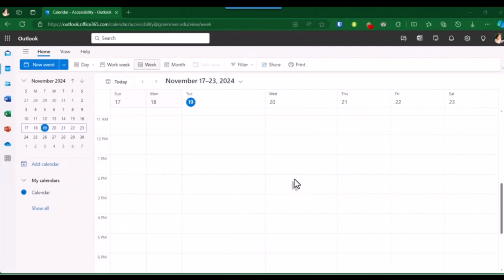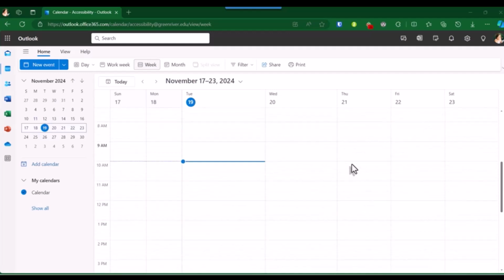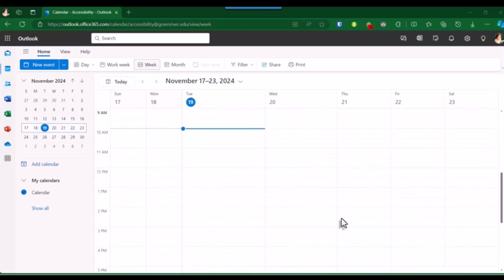It is important for everyone to have their calendar availability updated so that others at the college can schedule meetings with them when it's convenient and available to them. So, the first step in doing that is to set your availability times on your calendar.